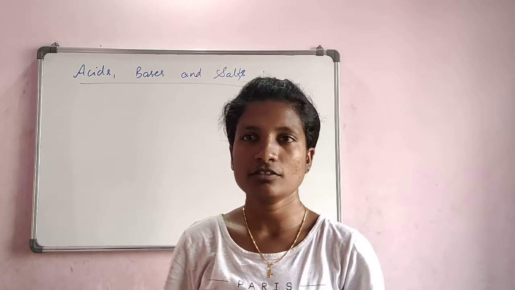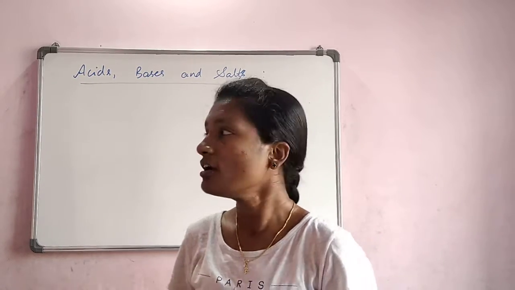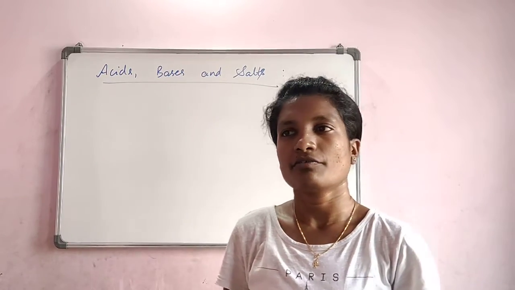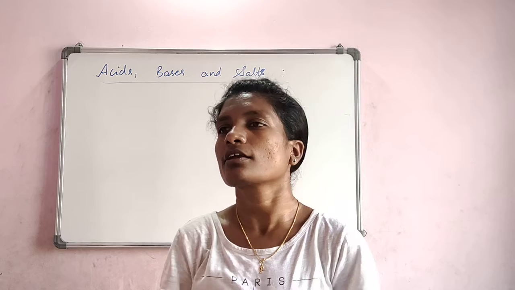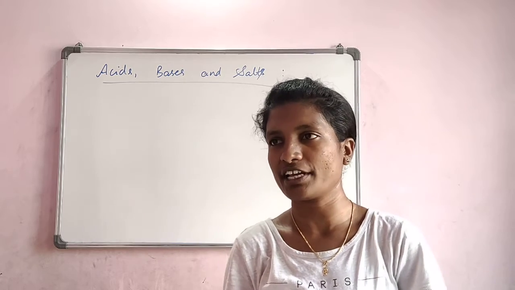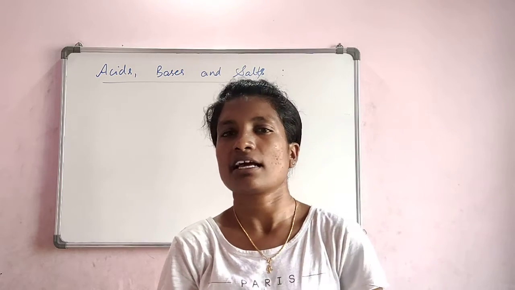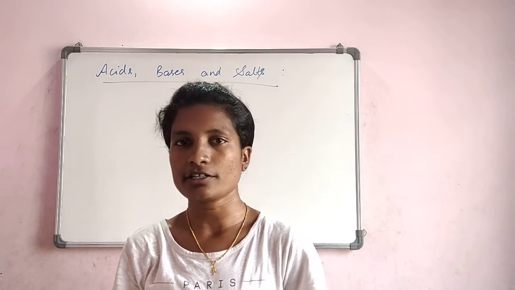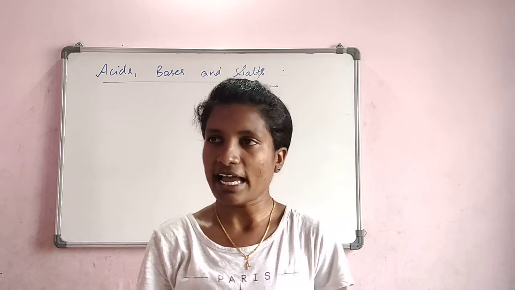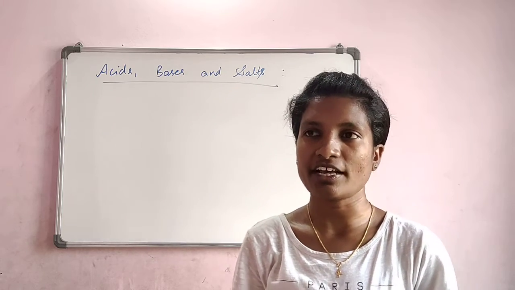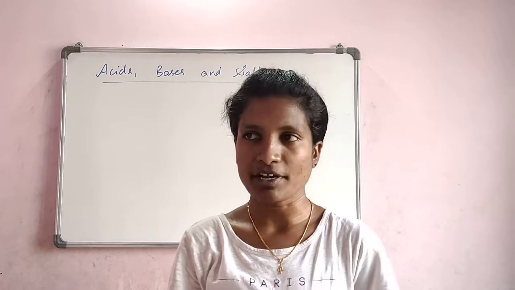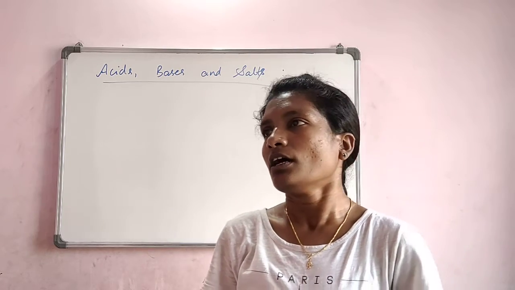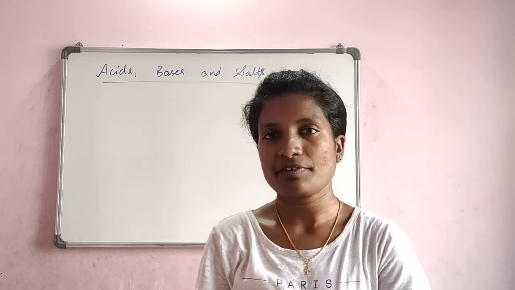Good evening everyone. So let us continue with the chapter acids, bases and salts. In the previous session we studied the nature of indicators, types of indicators, what acids are and their properties, and while discussing the properties we also understood some of the activities which give rise to hydrogen gas, carbon dioxide gas, and how we detect them. A lot more things we studied yesterday.